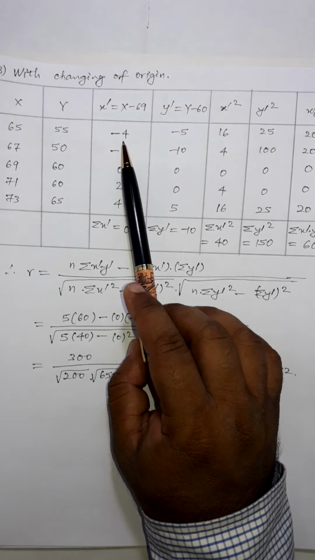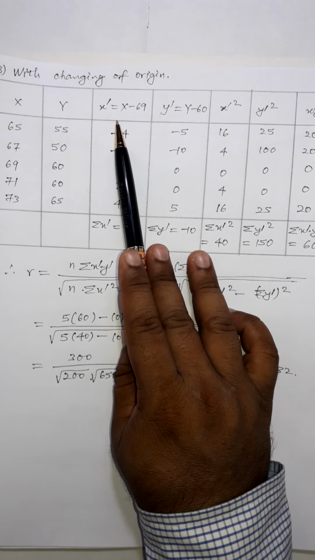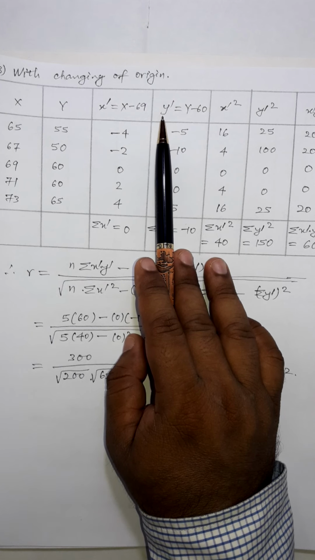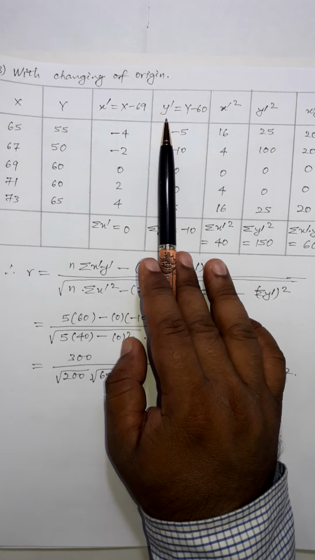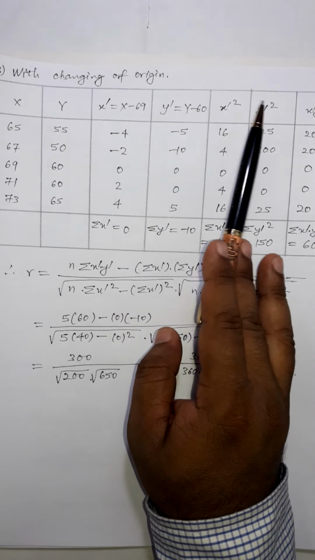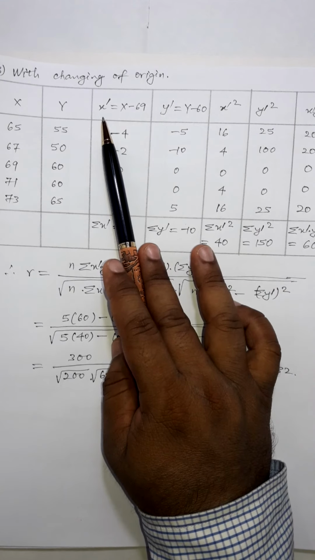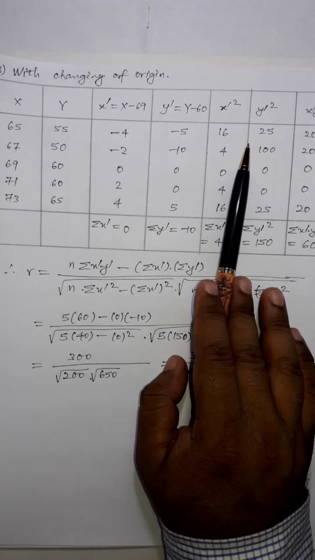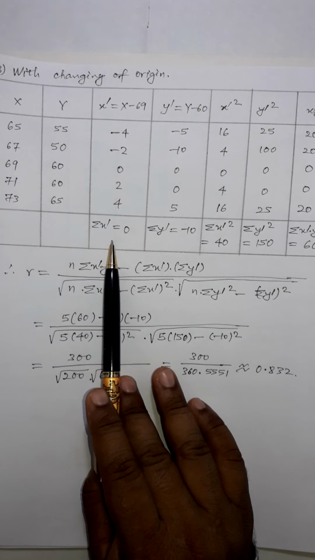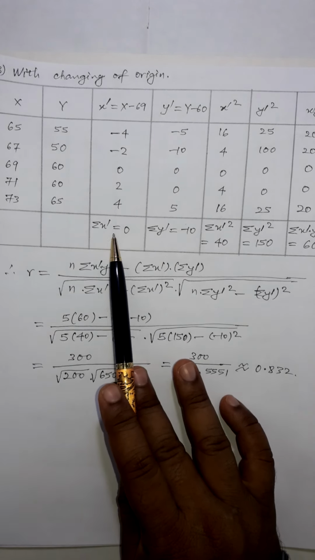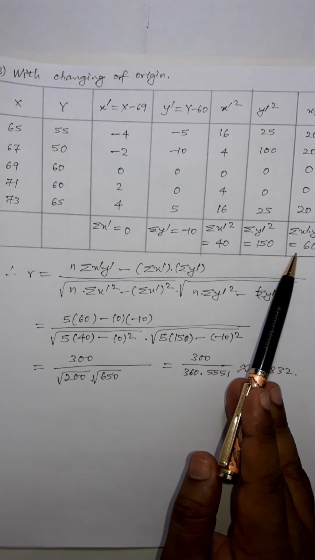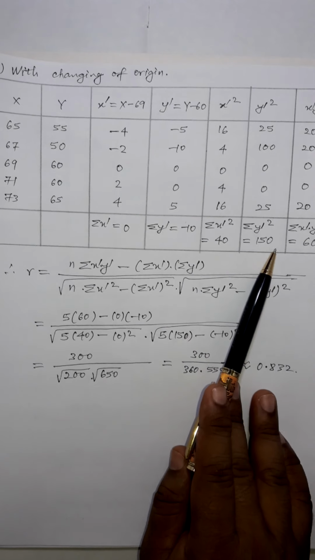Then as usual I need 5 columns of X dash and Y dash. Now X dash and Y dash, the deviated data, will act as my original data to be used for calculations. So I will calculate as usual X dash square, Y dash square, and one more column of the product of X dash and Y dash with respective values. Then I can find the summations of each. Now you will get summation of X dash, summation of Y dash, summation of X dash square, summation of Y dash square, and summation of X dash Y dash, by getting the total of all.